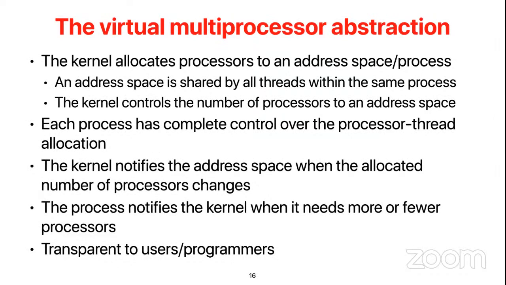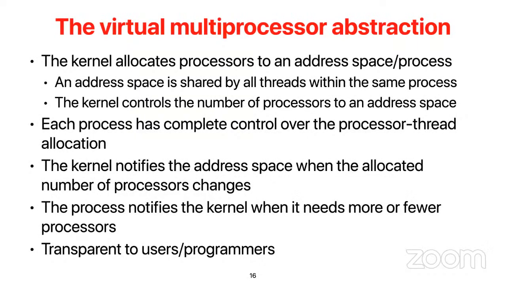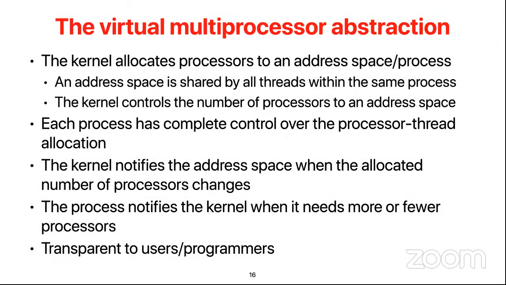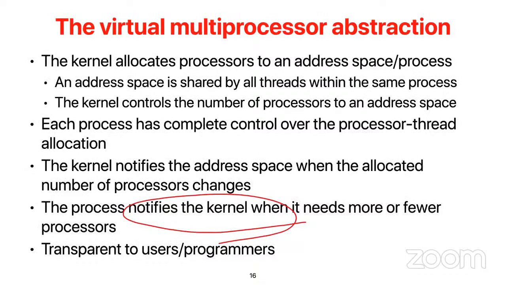So in this way, the user level process can schedule multiple threads on different virtual processors to have them running in parallel. And whenever your process feels like you need more processors, or you don't need that many processors, you provide some kind of mechanism to notify the kernel saying that I don't need that many processors or I need more processors. So that's the facilities provided by scheduler activation.